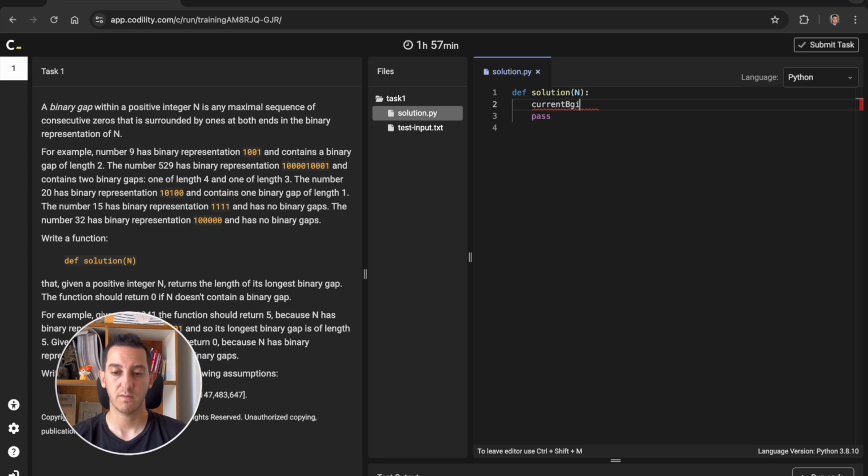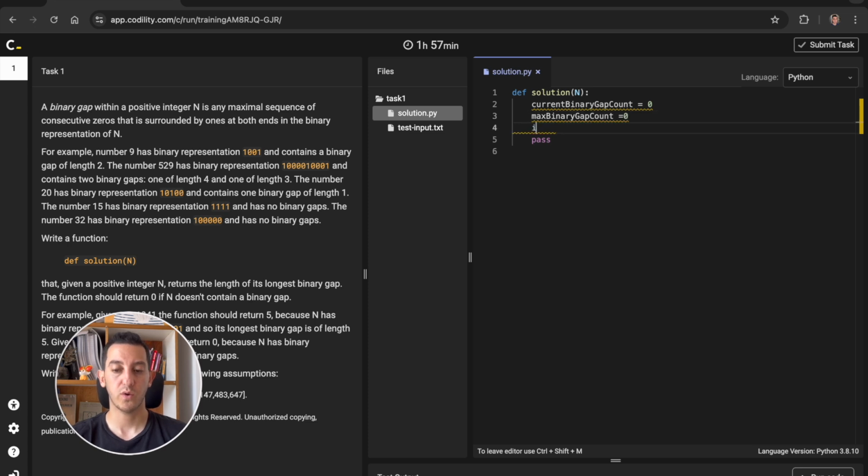So current binary gap count, let's start this at 0. We're going to know which one is the maximum binary gap count so far, which will also start at 0.